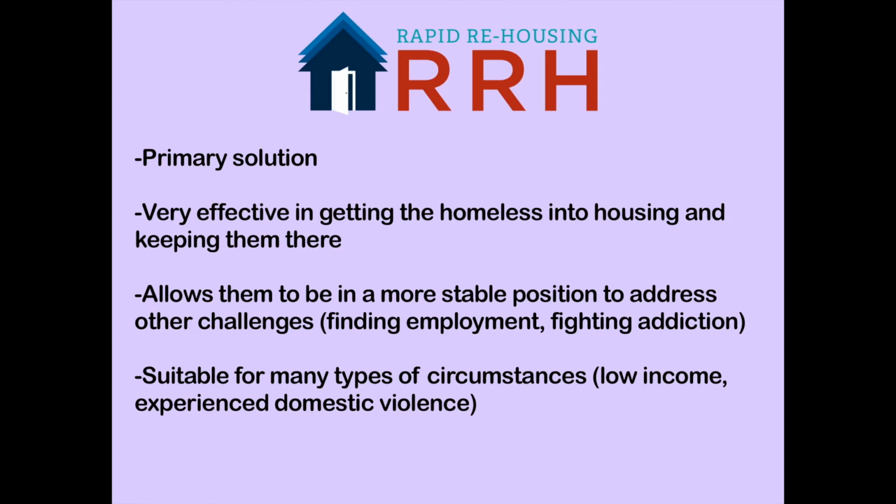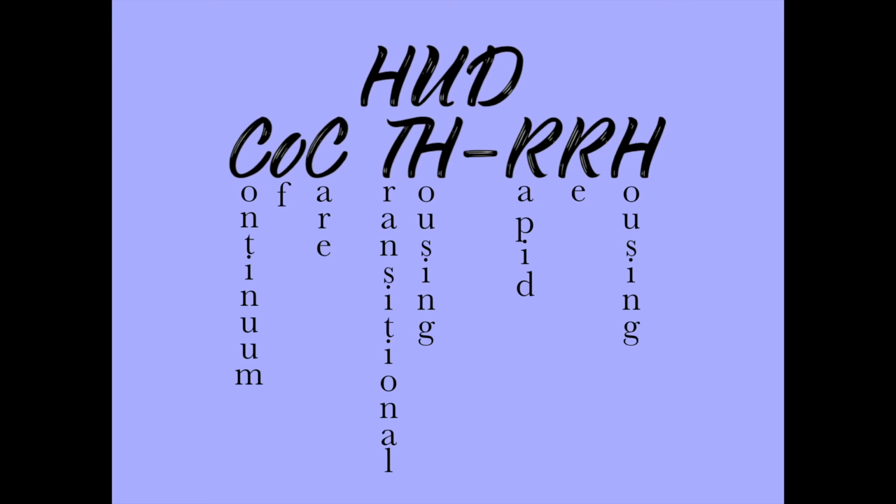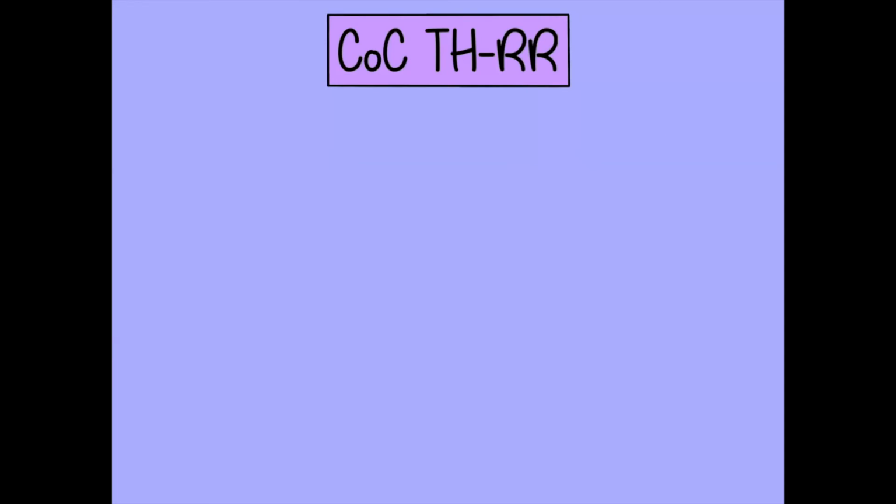or the NAEH website. Another great plan of action is a new HUD CoC TH-RRH, or Continuum of Care Transitional Housing Rapid Rehousing Joint Component, which combines aspects of rapid rehousing with transitional housing. Although RRH is a very reliable source for youth, there is still a lack of crisis housing, so this plan aims to increase the crisis housing capacity of a community. According to the NAEH, such projects should at the very least include